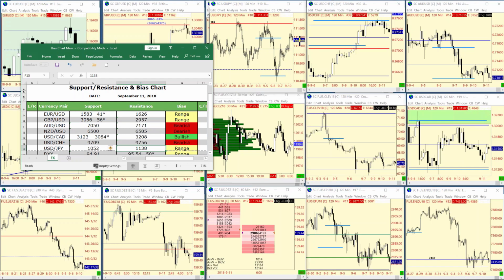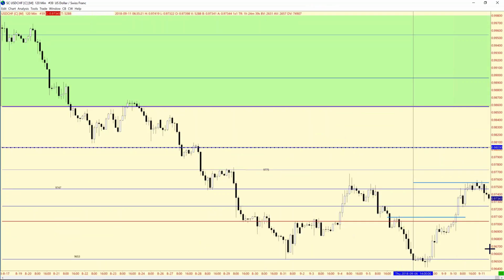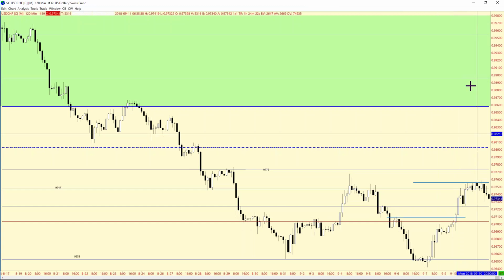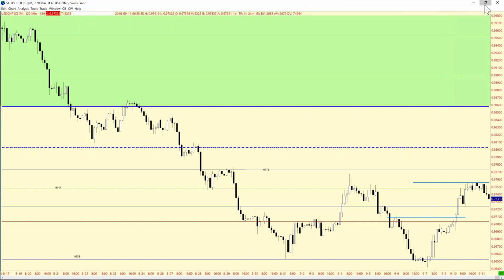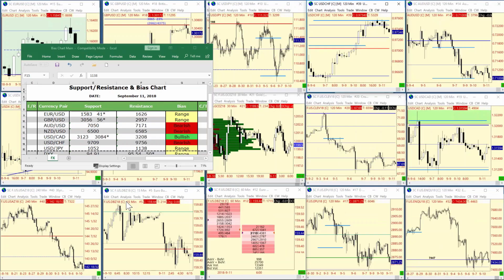Now, when we're looking for support here, we had 97.09. I want to stay with that 97.09. I don't think this thing is going to, like I said, it's a little bit tired here. It's had a decent little run, but somebody really has to step in and pick this thing up right at that 97.09. So no changes here on the Swissy as far as support. So 97.09. It's still obviously bearish. And we'll move into the dollar yen.